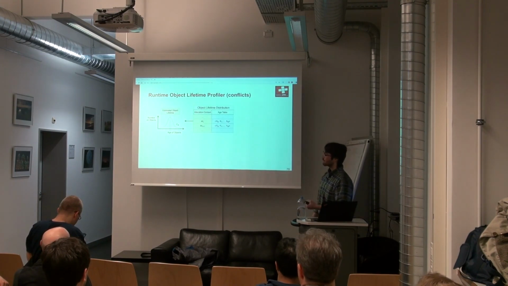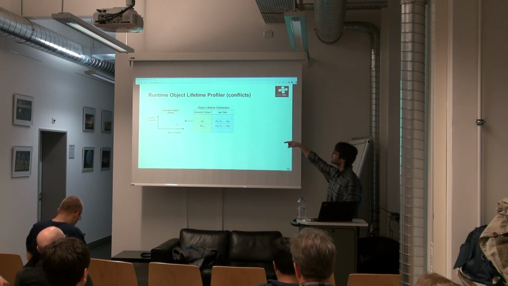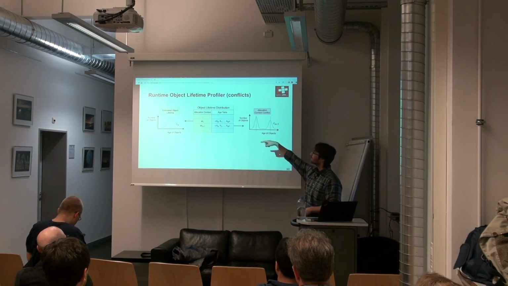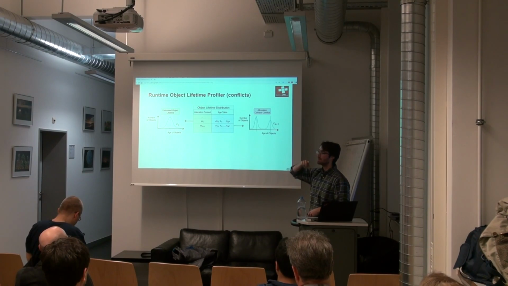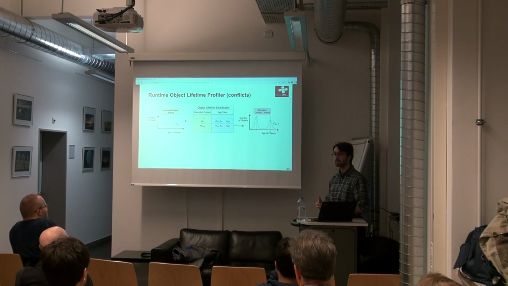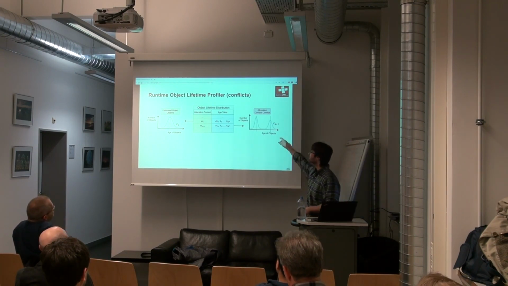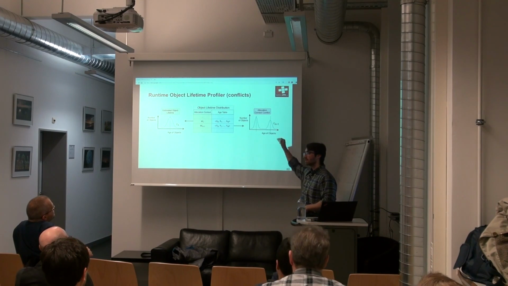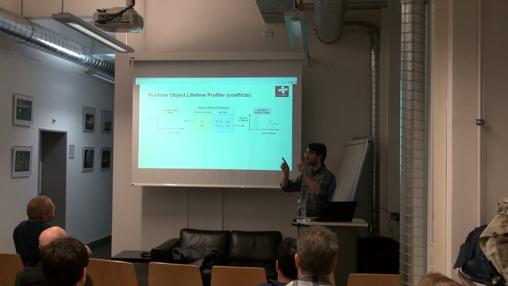So in order to understand if we can avoid tracking the method calls or not, we periodically check for conflicts. A conflict is basically when we have this situation. We look into the object lifetime distribution table and we plot the number of objects that survive 0 up to n garbage collection cycles. If we only have one peak, it means that objects tend to live more or less around this amount of garbage collection cycles. However, the problem is that if we have multiple peaks, it means that the same allocation site is being called from different places.